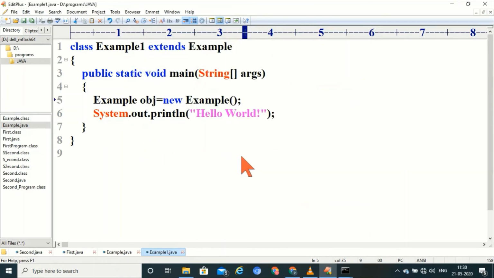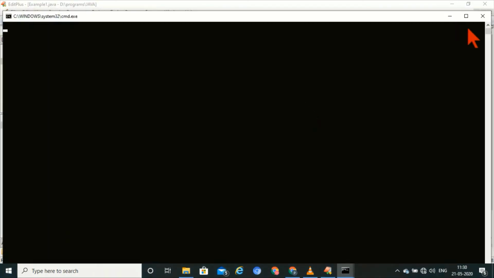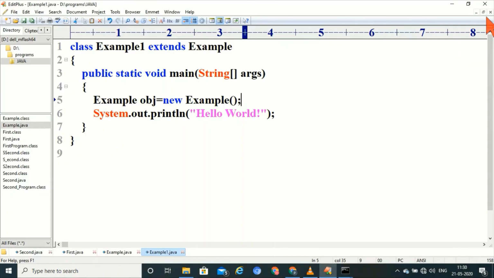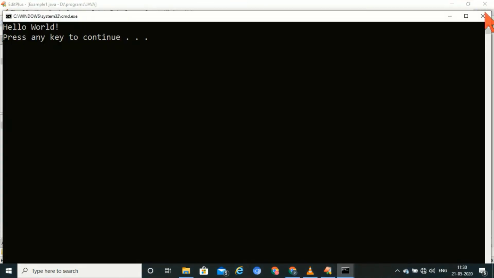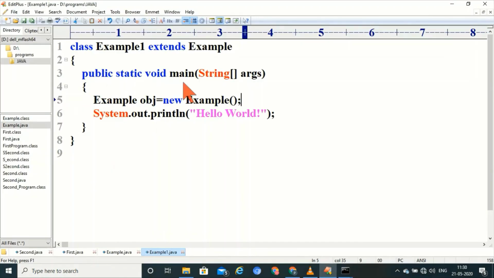If I create object like this for superclass, then what will happen? Now compile and run. Yeah, it is the correct way to create.